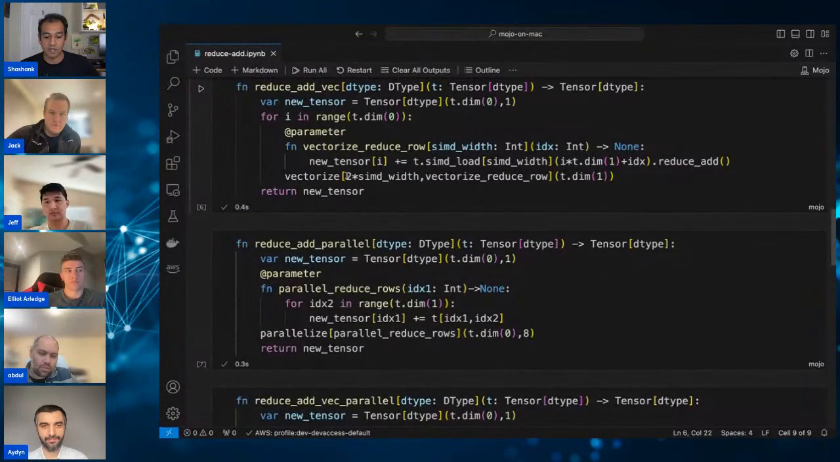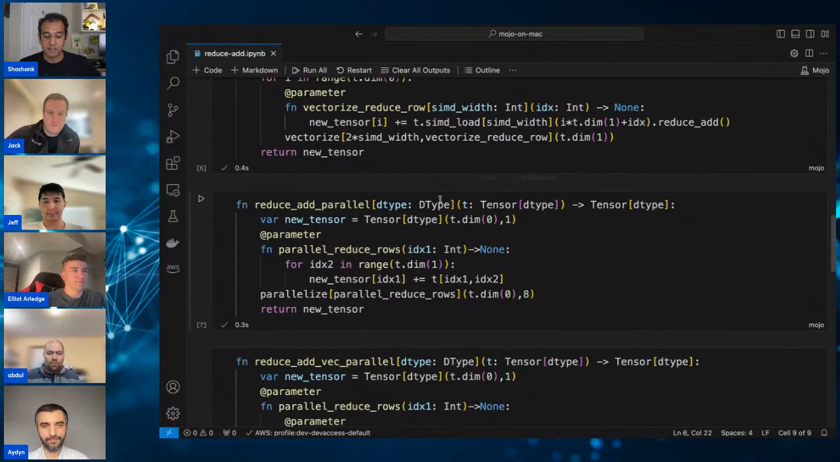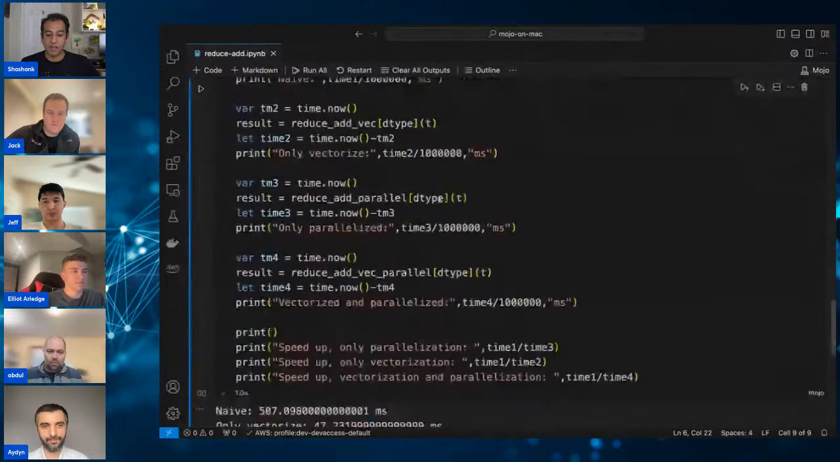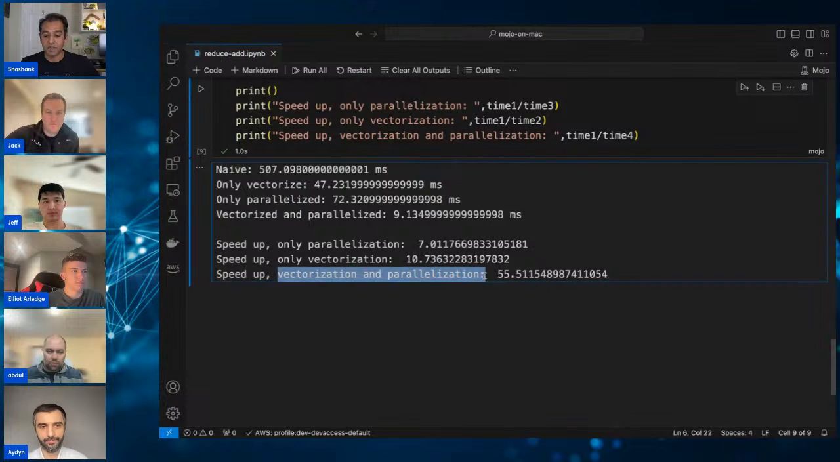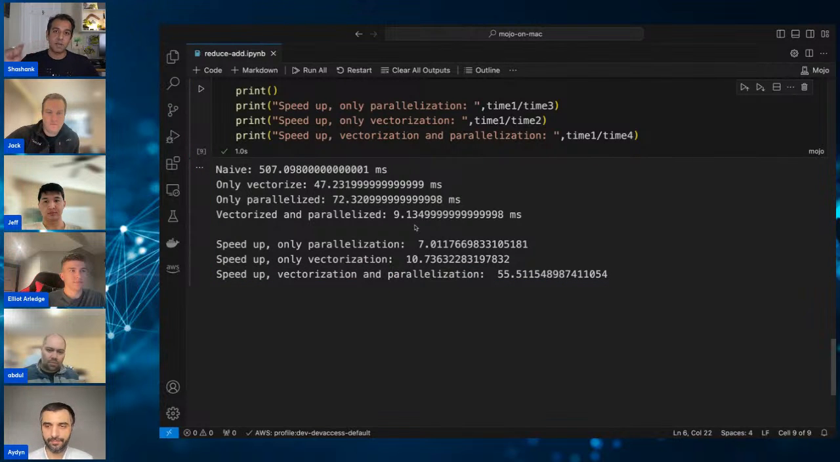You see here, probably Abdul or Jeff can add more color. There are ports on your CPU where you can send the SIMD width elements for it to process simultaneously. So I have 2 times SIMD width, which is single instruction multiple data for vectorization. And when I do them together, vectorize and parallelize, I see a much higher speed up. So from the naive element by element reduction, with parallelization and vectorization together, you get this pretty substantial